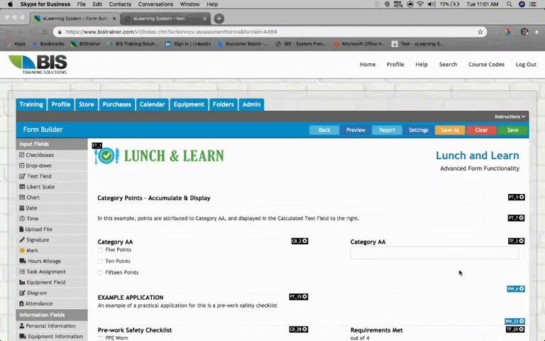Today's discussion is going to be around some of the advanced calculation and custom class functionality that is available on the back end of our form builder. If you've got individuals in your organization that are familiar with CSS coding and whatnot, they should be able to quite easily add this type of functionality to the form. These examples today are some of the basics of what we can do to make our forms look a little bit more professional, enhance the look and feel of them, and add some calculations into the back end of the